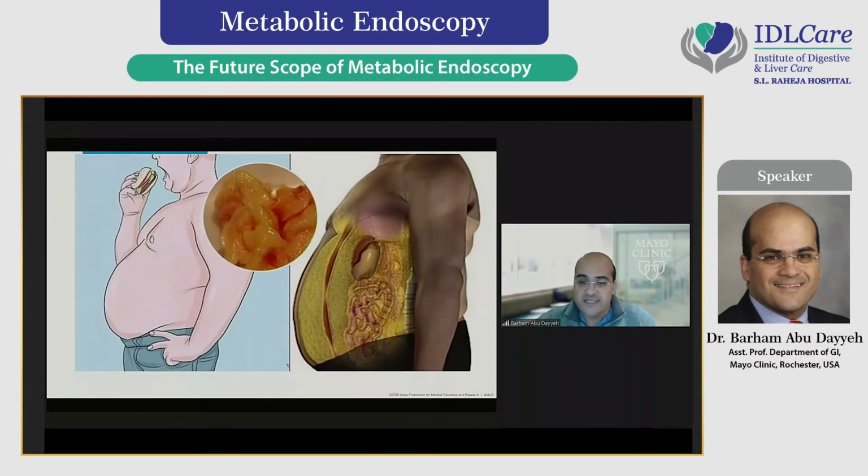So you could see the individuals could share the same body mass index. They could share the same protuberant abdomen and subcutaneous fat, but where they differ is in this deep depot of fat that drains directly to the portal circulation and gets inflamed and dumps these mediators of inflammation to the liver and pancreas, which is associated with the metabolic disease. And right now, this deep depot of fat is very hard to image and very hard to study physiologically, and it's very hard to sample because of its location.